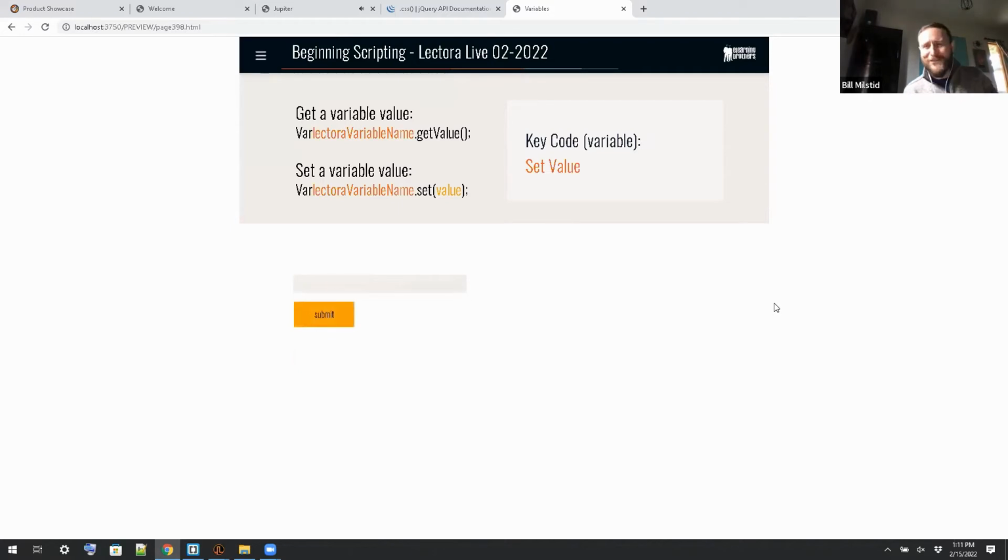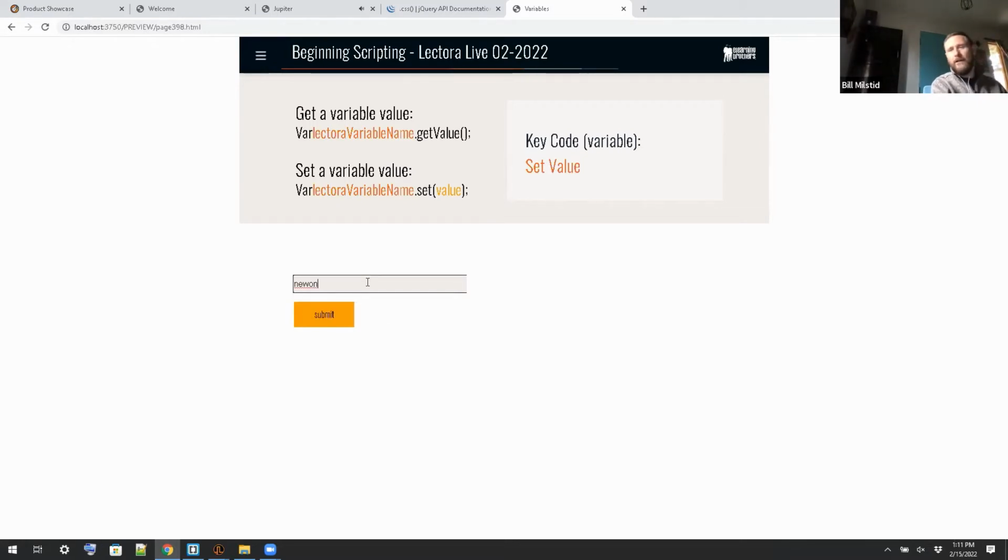We're going to walk through another quick little example on screen, and then I'm going to show you how this actually applies directly to a project, okay? The get and set variable value thing, in concept, is really simple, but you can use it to do a lot of really complicated things. In this example I'm about to show you, I'm going to insert a new text string into this text input field that I've got on screen, and I'm going to press submit. And when I do, you're going to see that variable pop up on screen, but you're also going to see some stuff below it that pops up. Okay, so